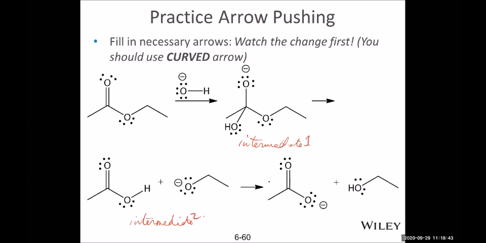And every step you watch what happened. Between this and this, you can see there's a bond change. This bond is new, so there's a new bond being formed. A new bond formed is a nucleophilic attack. Also you can see the double bond becomes single, and oxygen gains negative charge. That's where the electrons leave and join the oxygen. So that's the first arrow movement to give you the first reaction intermediate.